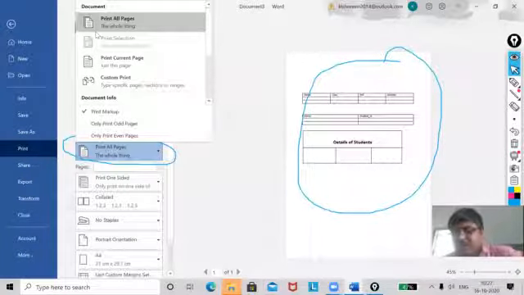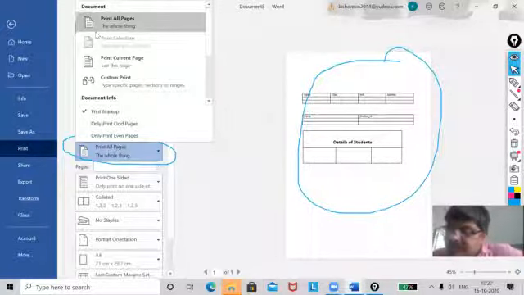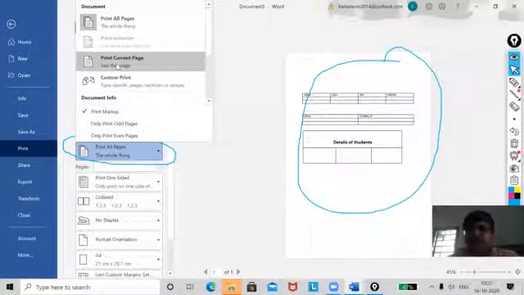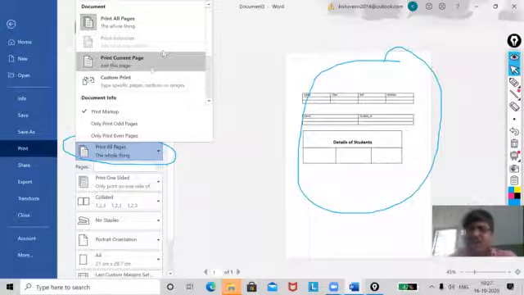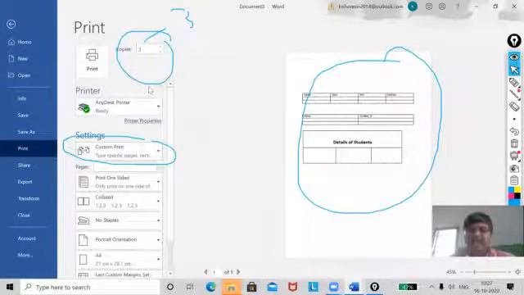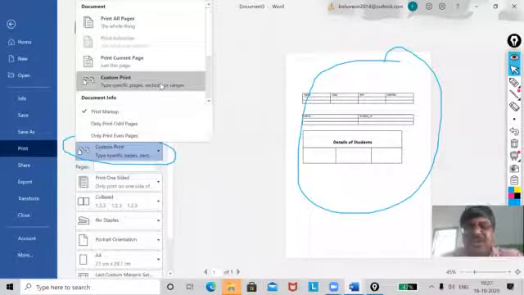But if your cursor is on page number 3 and only that page is to be printed, then you will use Print Current Page, and only page number 3 will be printed. Now the next one is custom print. What is custom print? Custom print gives you the facility to print your pages in any fashion. Understood? I'm going to show you.